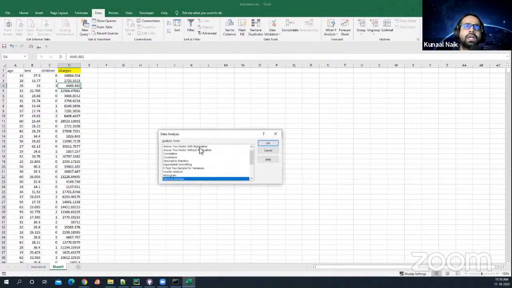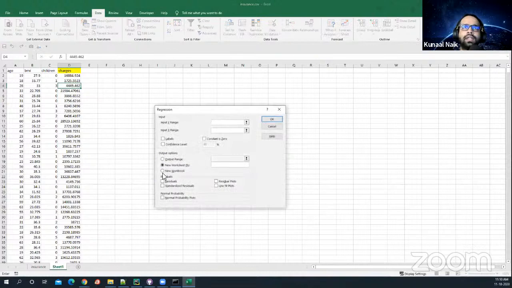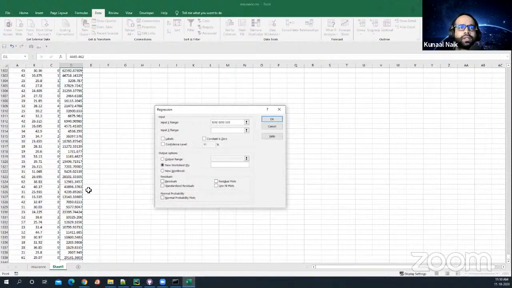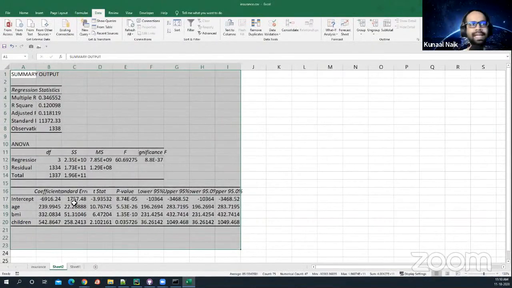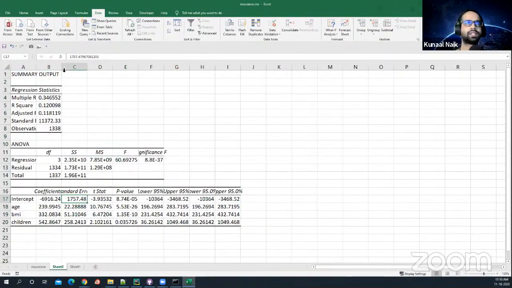And I'm going to build a really quick and dirty regression equation here, right? So the y range is obviously this particular column here. X range is going to be these 3 columns here. Okay, I'm going to show the labels, and I'm just going to say okay to get the final outcome like this, right? So as you can see here,